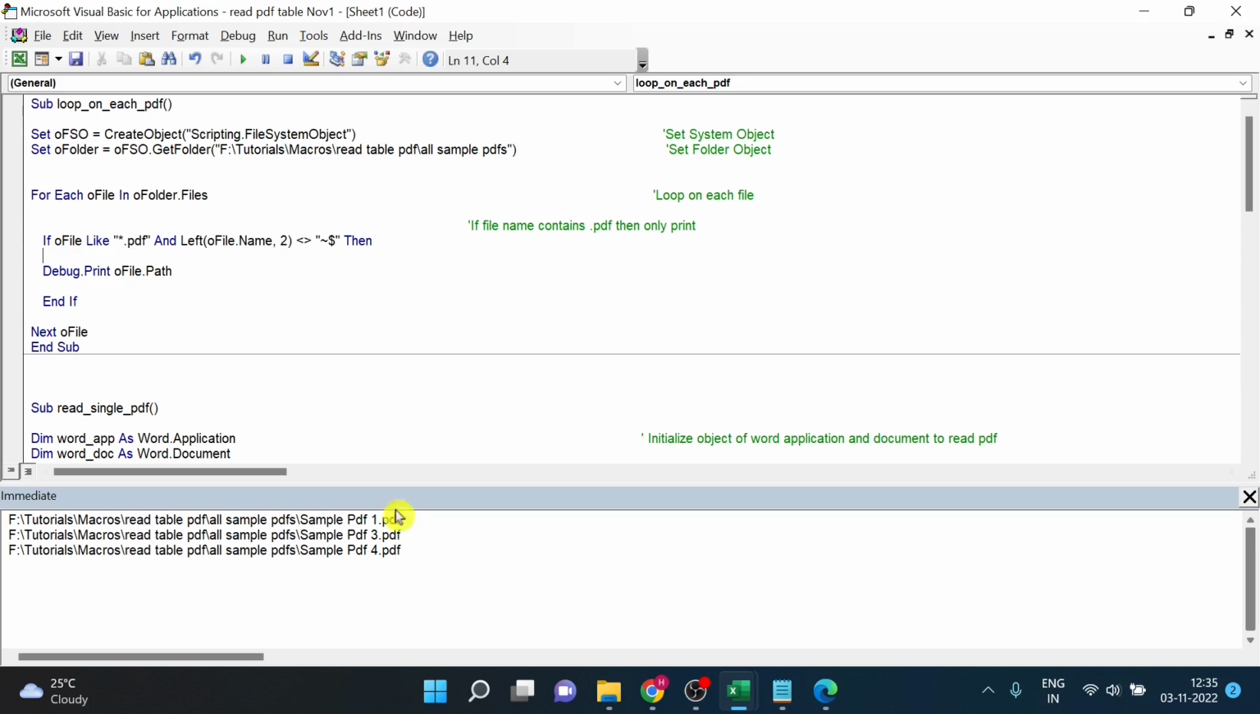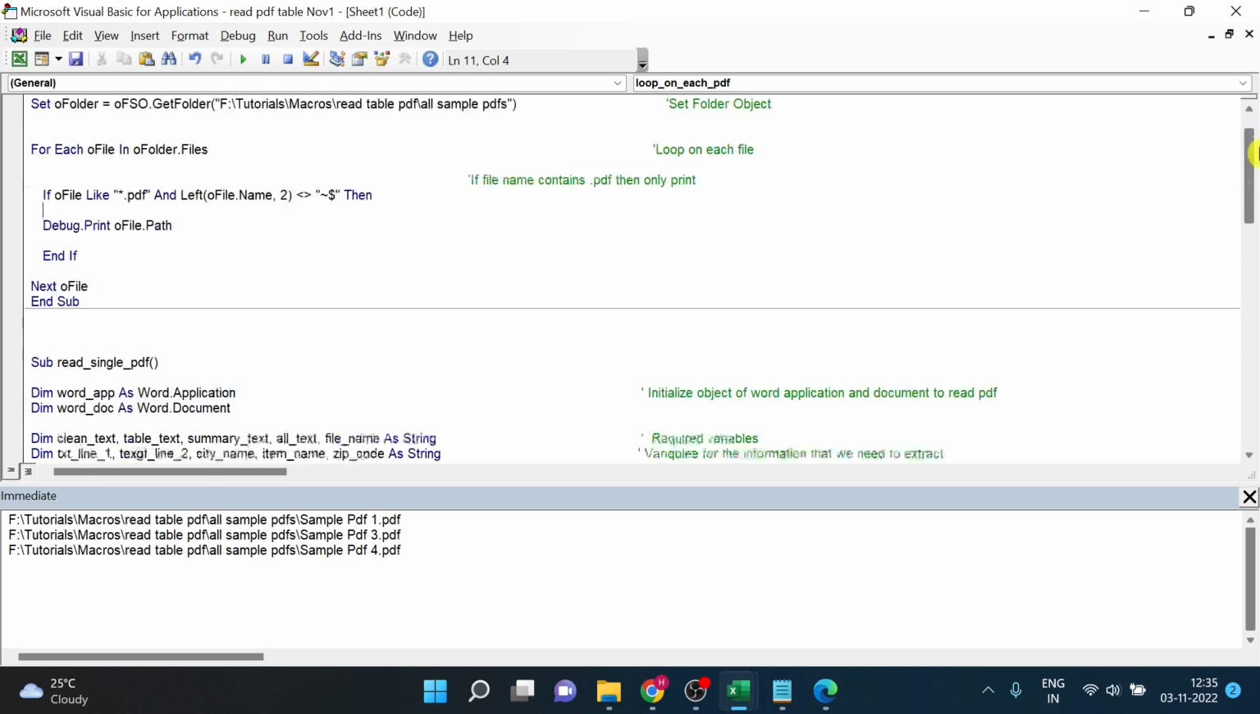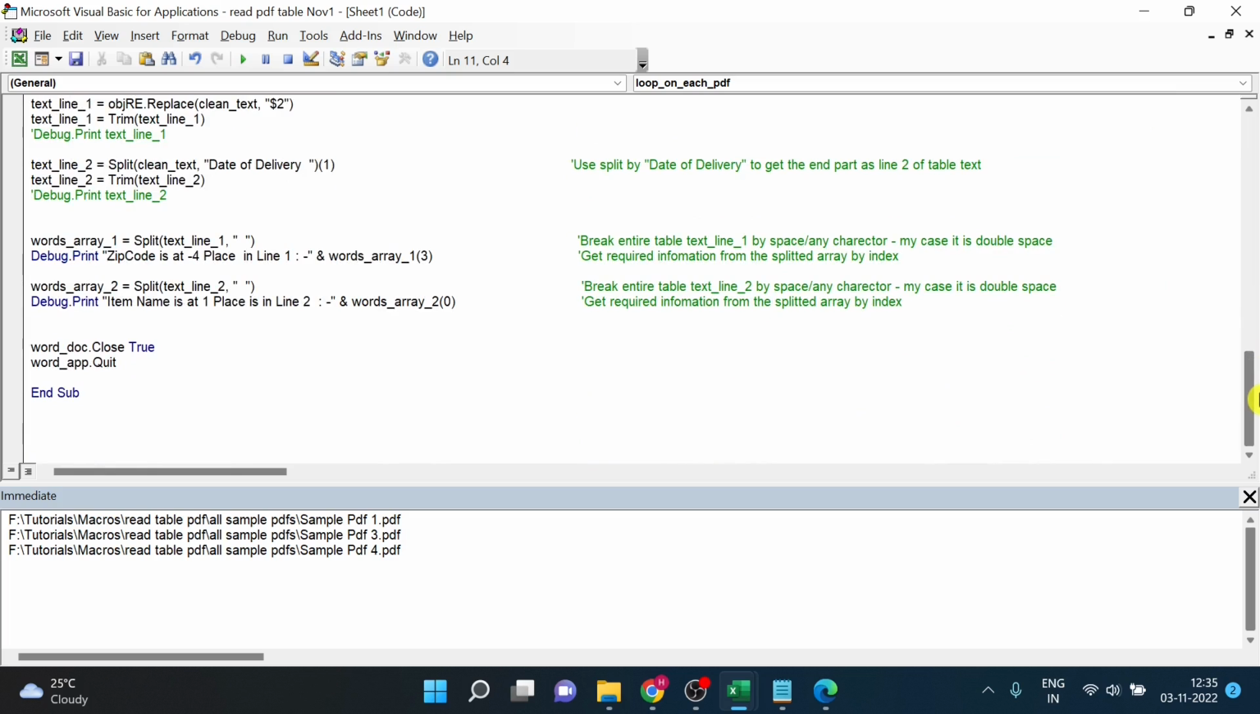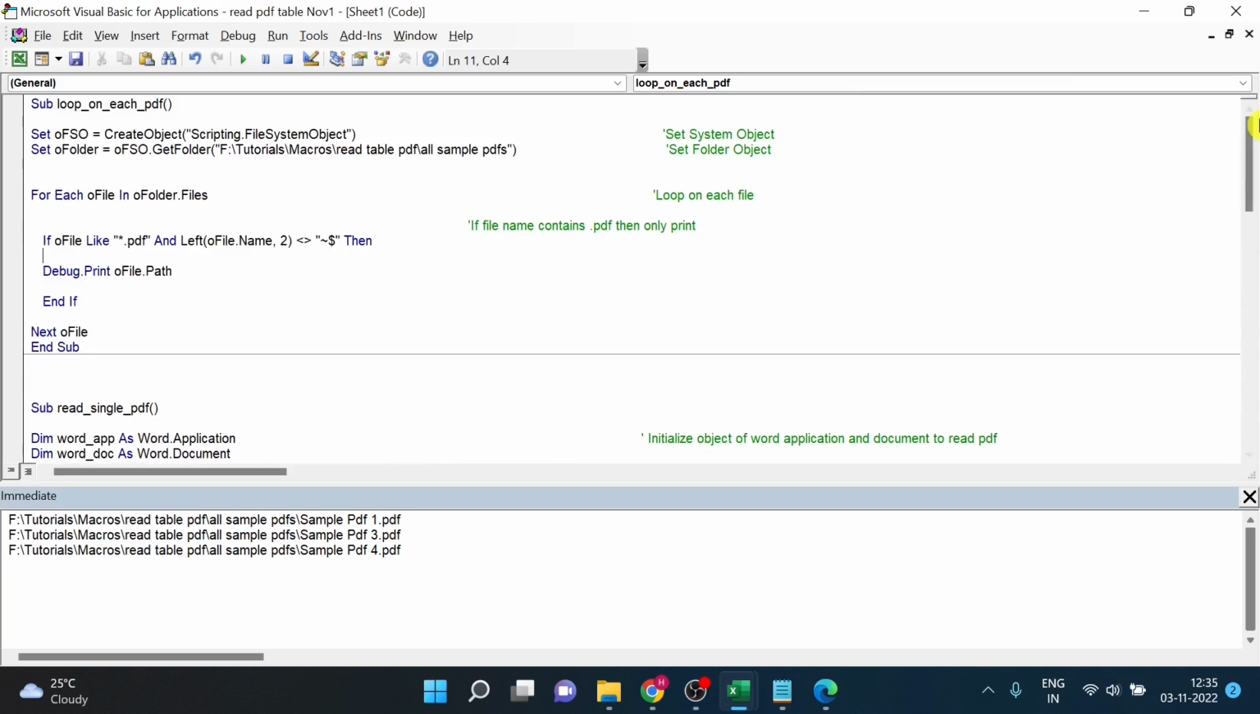For each file, we have to perform this task which we have created in the code just a few minutes back. So for each file it should happen. For each file it should extract the information and write in the Excel. So now when we have to run for each file, we require two things. First of all,